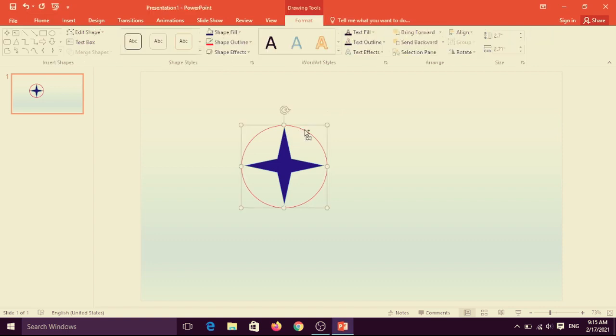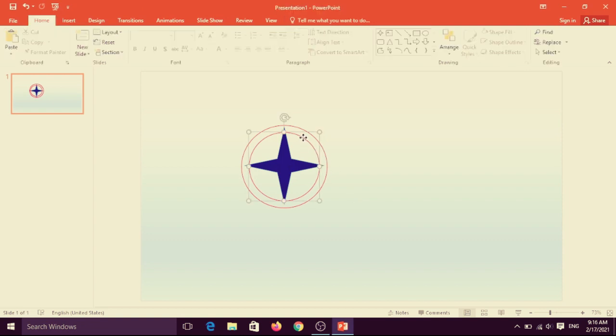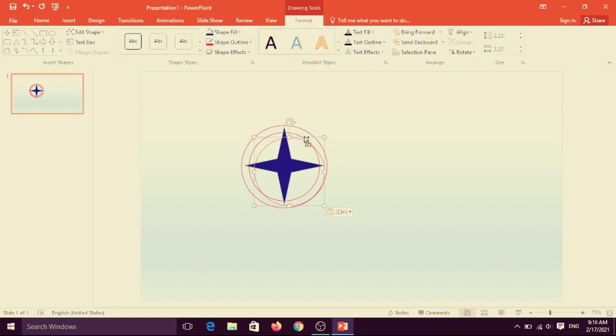And copy and then paste and reduce the size. Once again copy and paste and reduce the size.